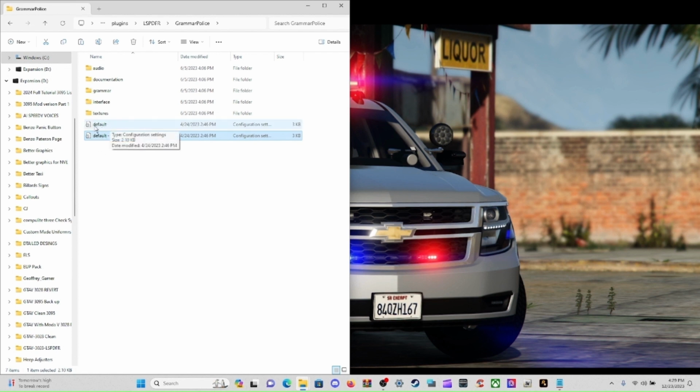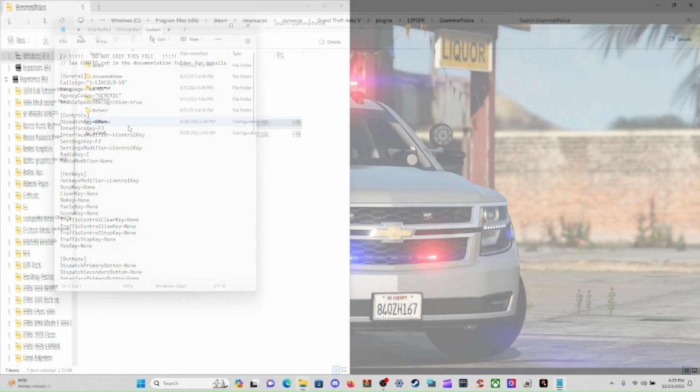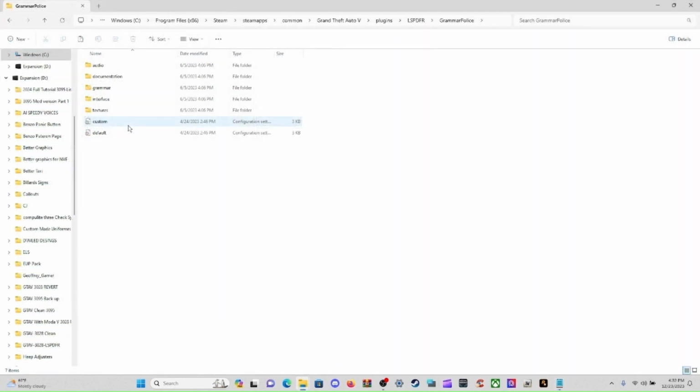Because Opus doesn't want us to go over our default copy. So what to do is come down here to your default copy, highlight and click on it, and then hit F2, and we're going to rename it Custom. C-U-S-T-O-M. Custom. Just like that right there. And then come up here and refresh. And then go ahead and open this up. When you get done creating your custom folder, go ahead and double click on your custom